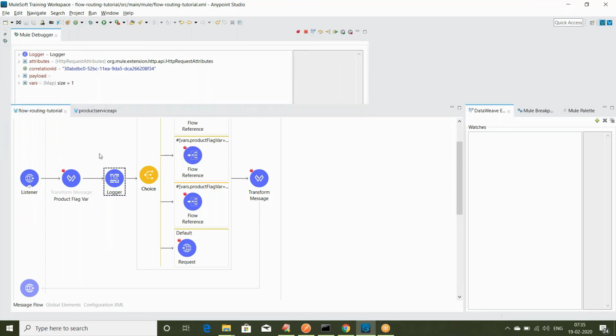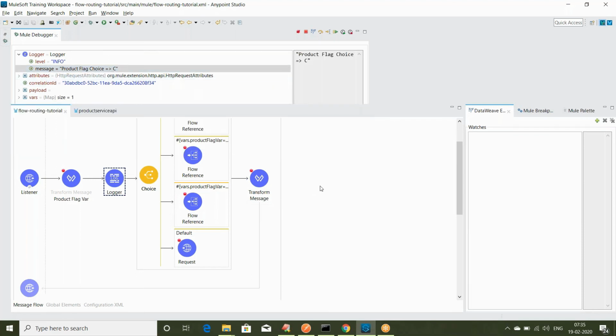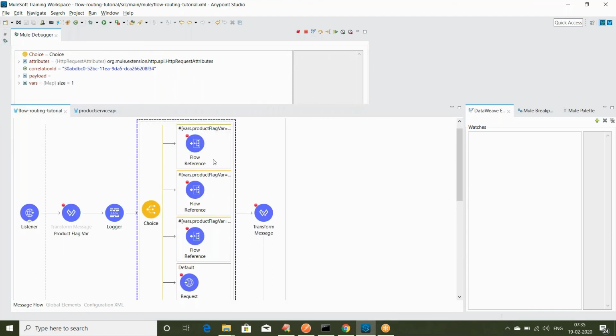Okay, finally it has come to here. Now here you can see in the logger, this is the message that's going to be set. So fine, it has created one variable, right? So now we will move forward. Now it will come to the choice, the main choice router. Okay, now it is on this. Now it will evaluate these conditions. Okay, now first it will go to